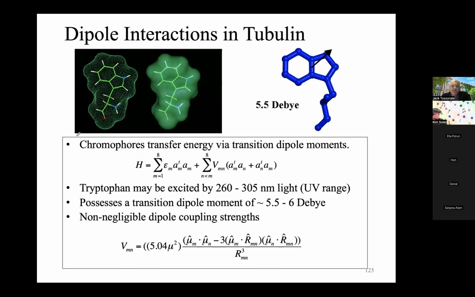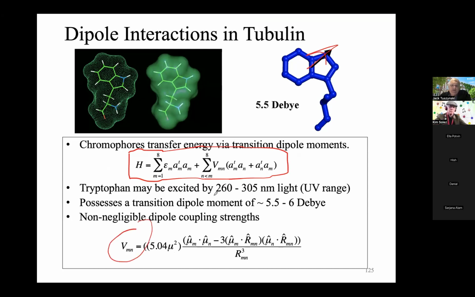And now we can imagine interactions between them. I'm not going to get into the nitty-gritty of quantum mechanics, because that's not the right course; a graduate level course in biophysics or quantum theory would be correct. But here is a Hamiltonian energy representation of the dipole-dipole interactions. These tryptophans have dipoles, and the dipoles interact. This is the interaction matrix.